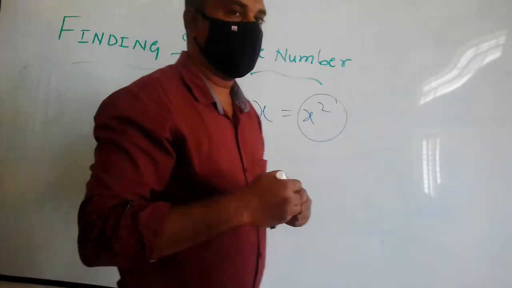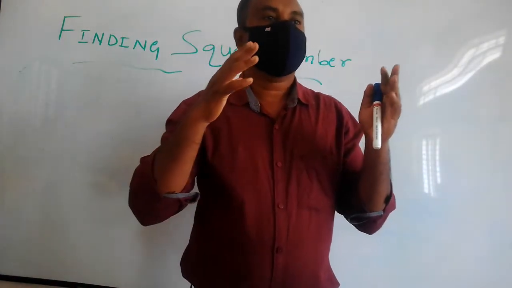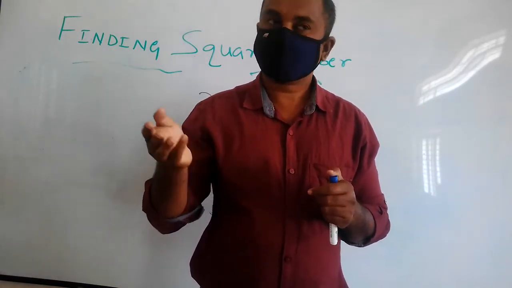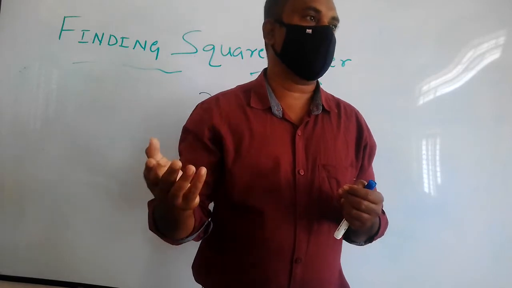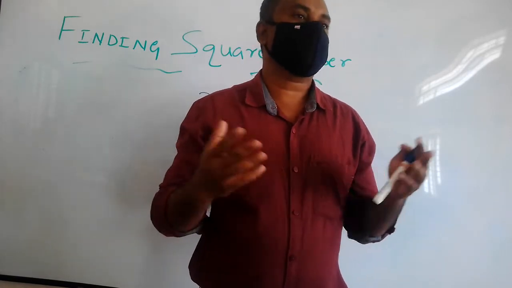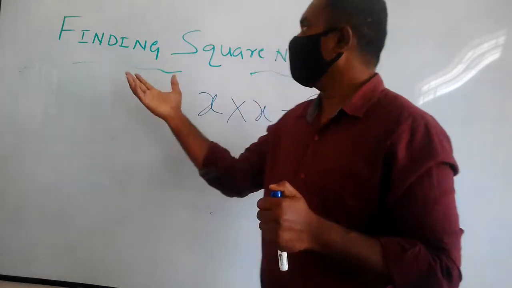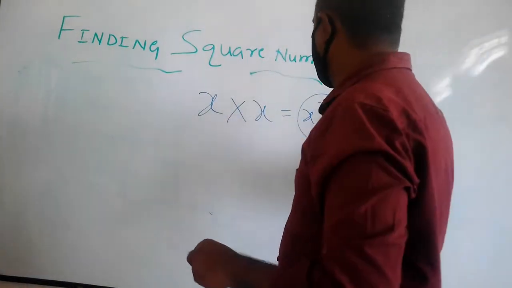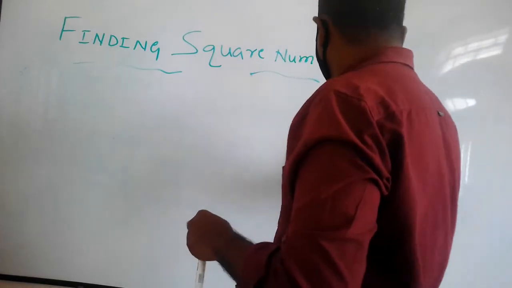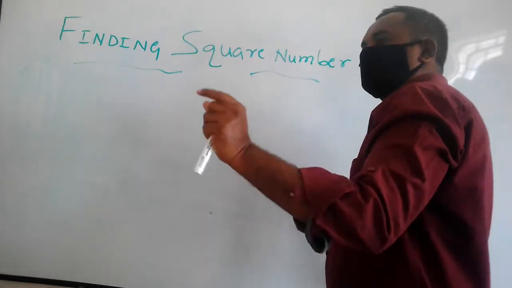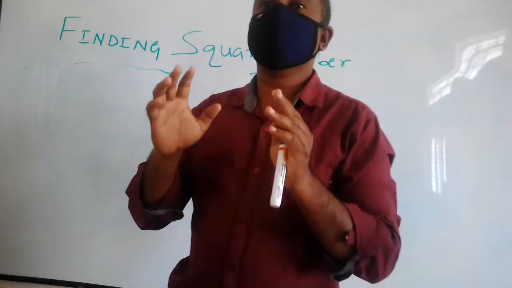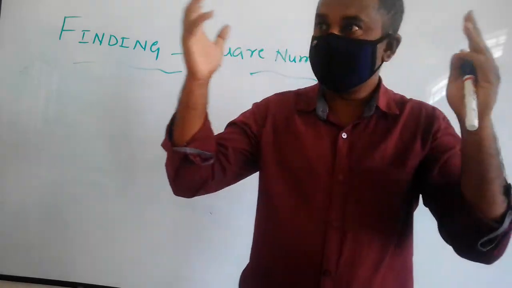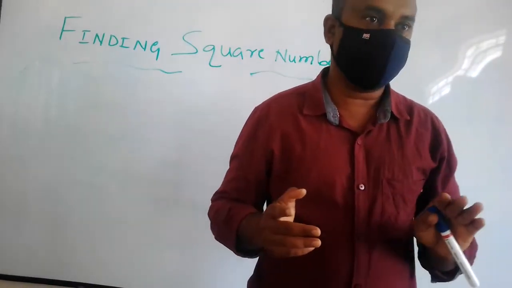And also in the previous class we studied the properties of square numbers, and some square numbers from 1 to 25. Then how to find a square number? I told you, by multiplying a number by itself. It's very easy when the numbers are very small. If the numbers are larger, then it is difficult to find the square.